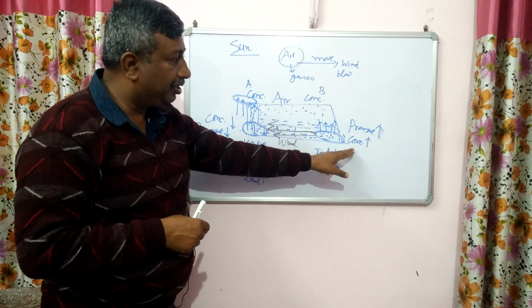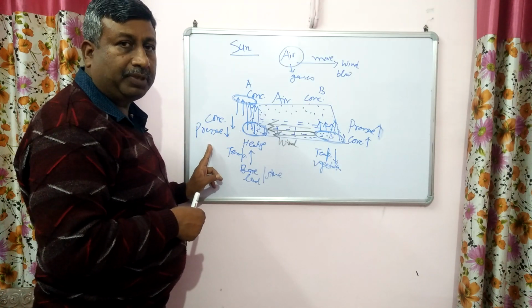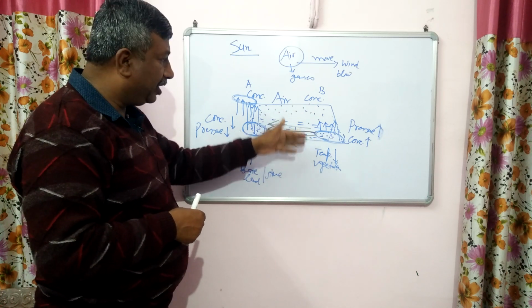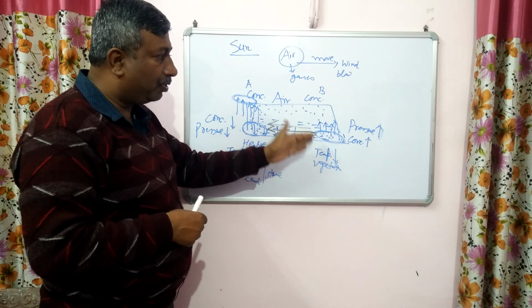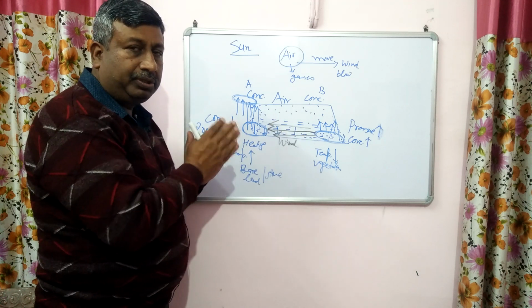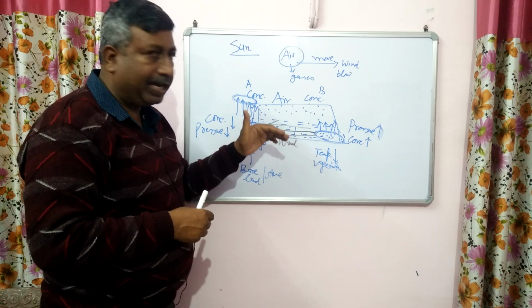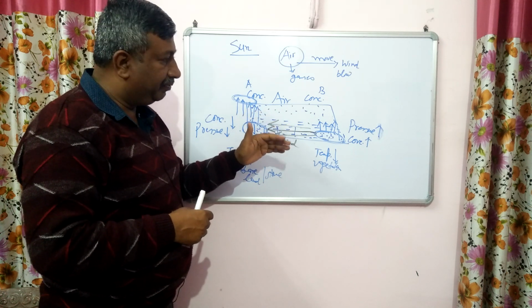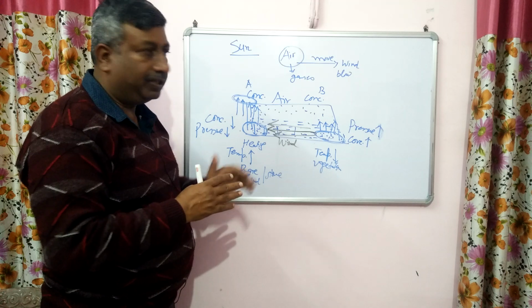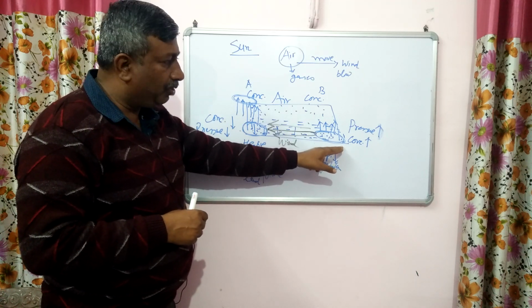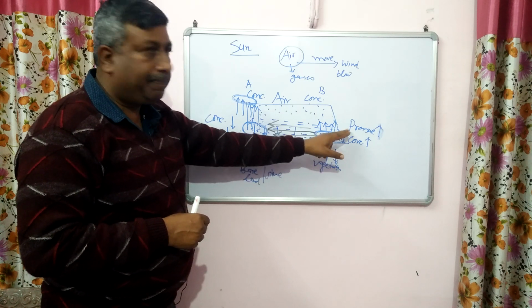Here atmospheric pressure is more and here atmospheric pressure is low. So to maintain the atmospheric pressure, air molecules move from high pressure to low pressure. So this is the cause of wind movement. So this is the scientific fact, or the reason, or we can say the factor responsible. The factor responsible is the concentration of gas molecules or air molecules and the pressure.